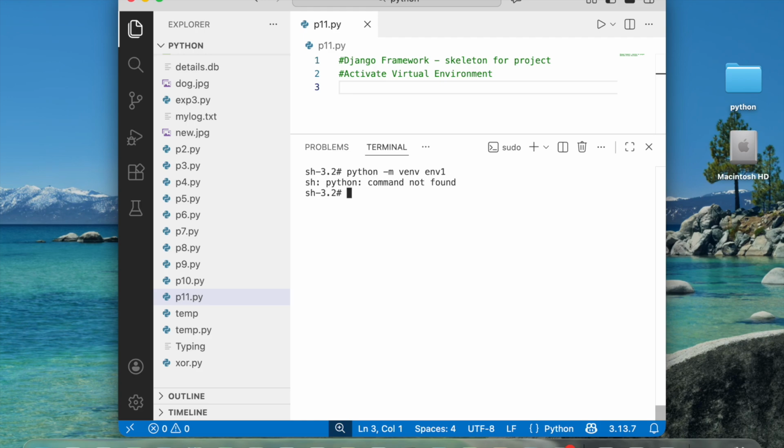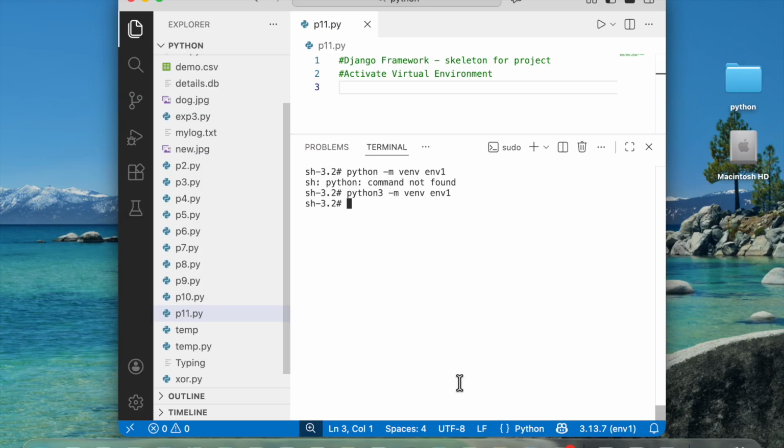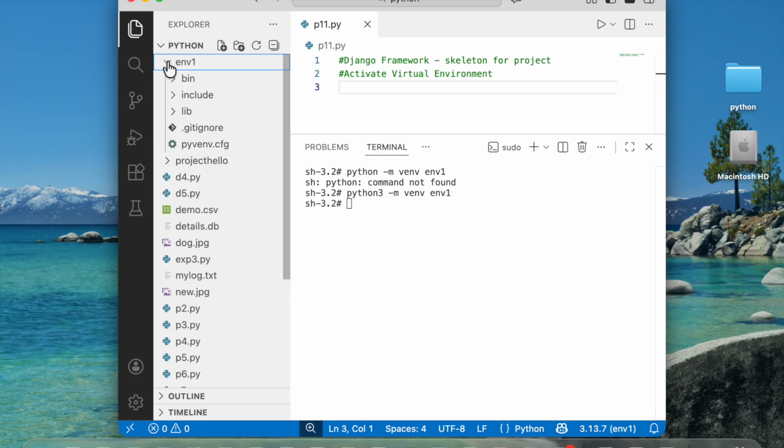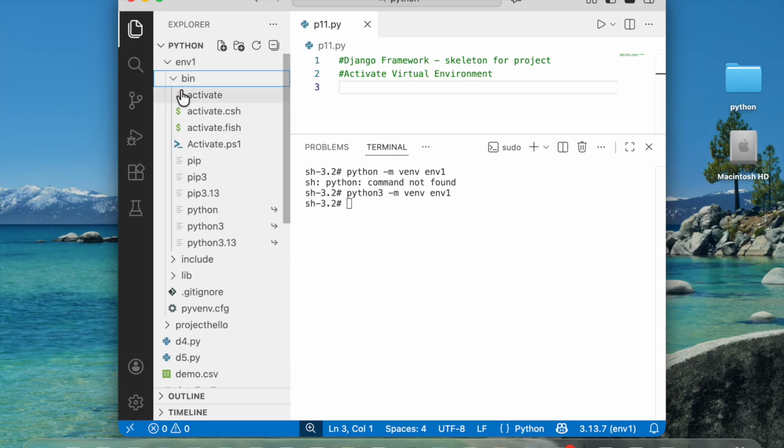Oh, sorry, it is python3. So when we create this, you can see over here that env1 has come along with the bin folder, which